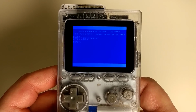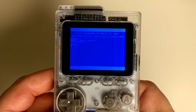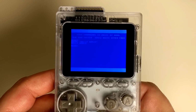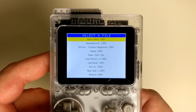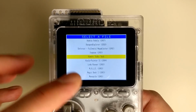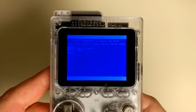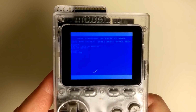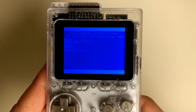As I said before, I've already spent a lot of time using this keyboard over the last 4 days, and one of the things I did was create a blank disk and then type in some basic programs using the keyboard into the ODROID-GO. So hit the menu key to pull up the menu of disks, and I'll just go down to my disk that I created. And if I do a load, quote, $, quote, comma 8, and hit enter,